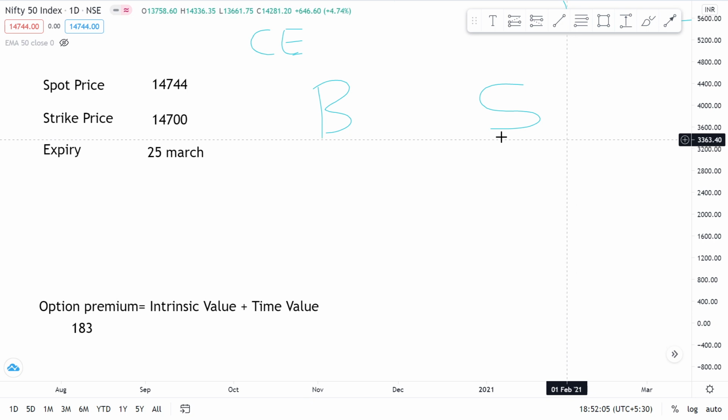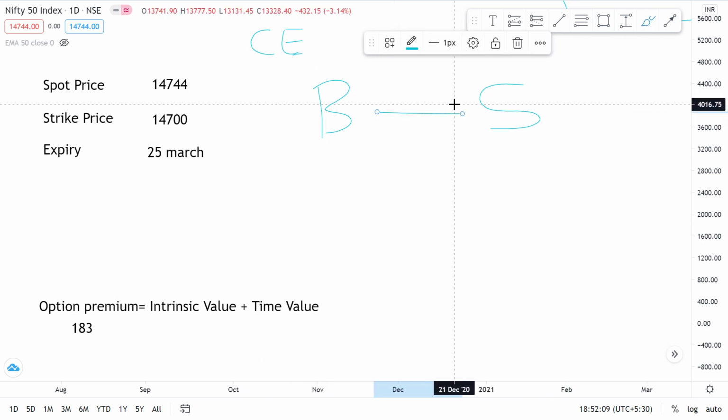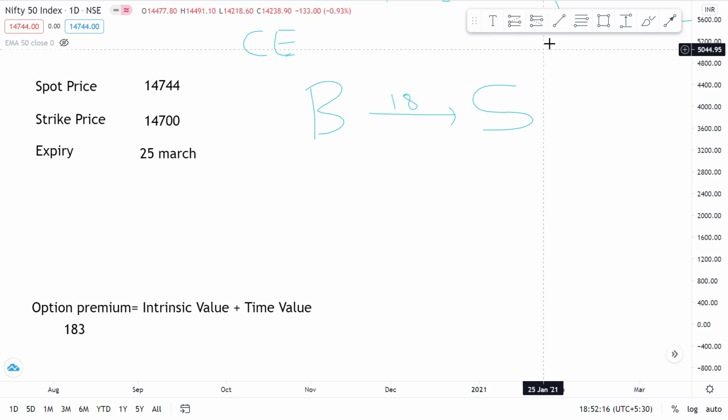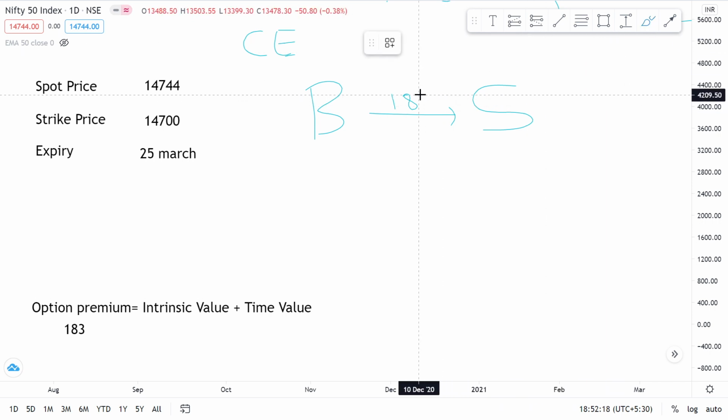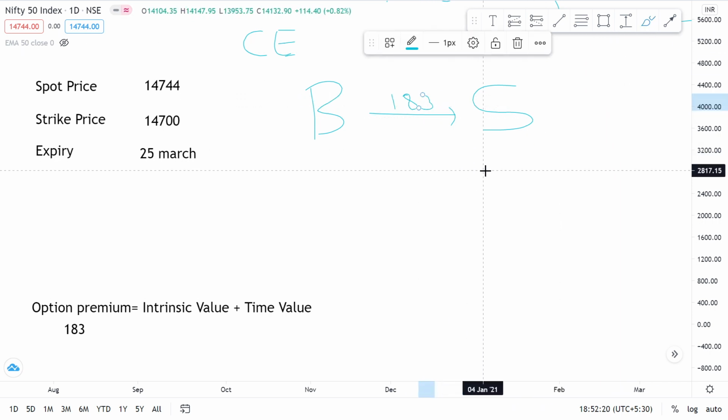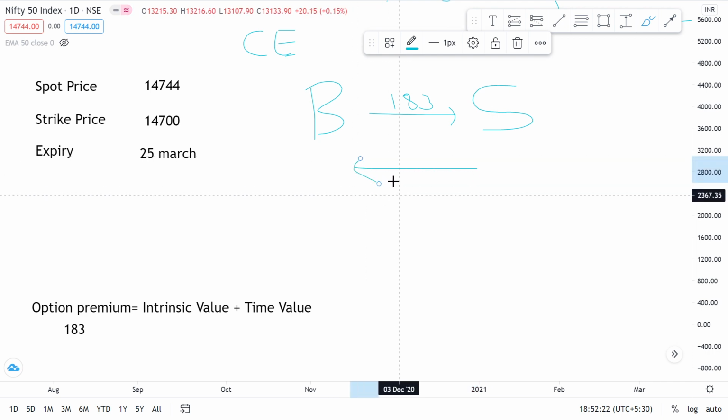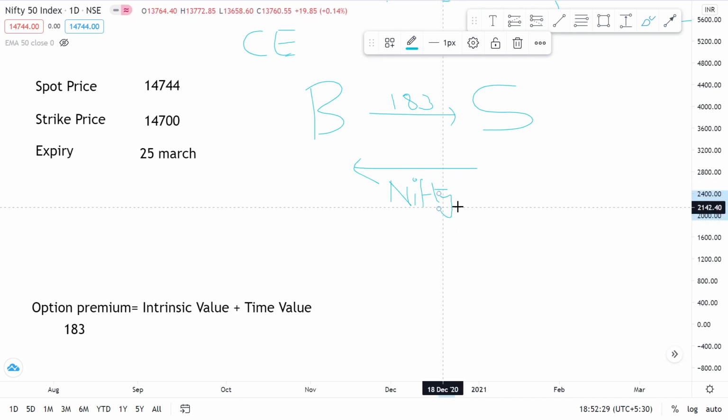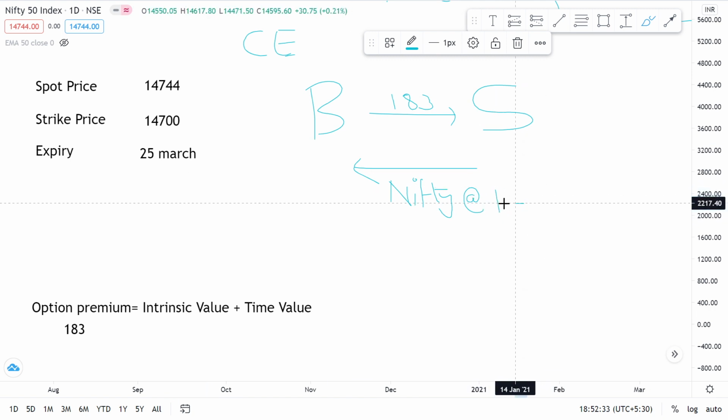What this means is the buyer pays the seller a fixed amount. This amount is 183, which is the option premium. He pays 183 to the seller for the guarantee that the seller is going to sell him Nifty at 14,700, at this price